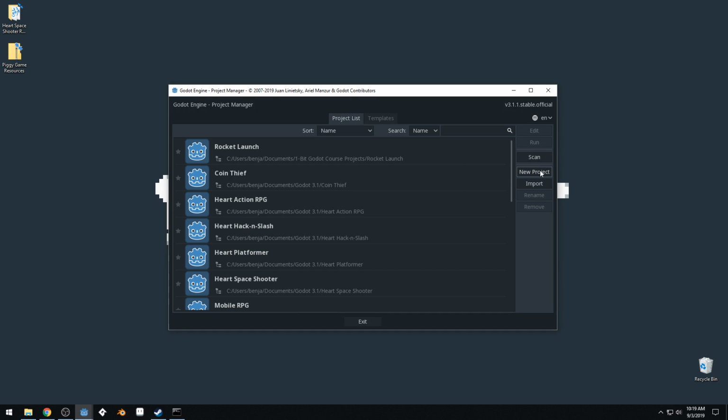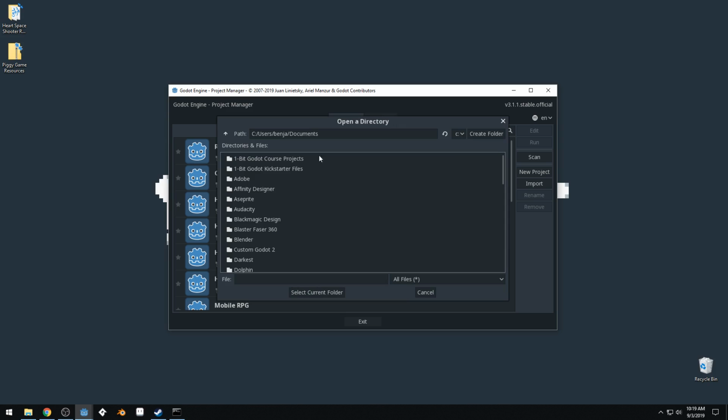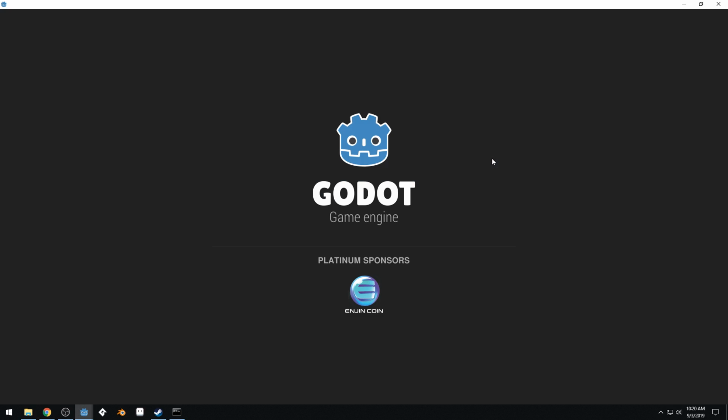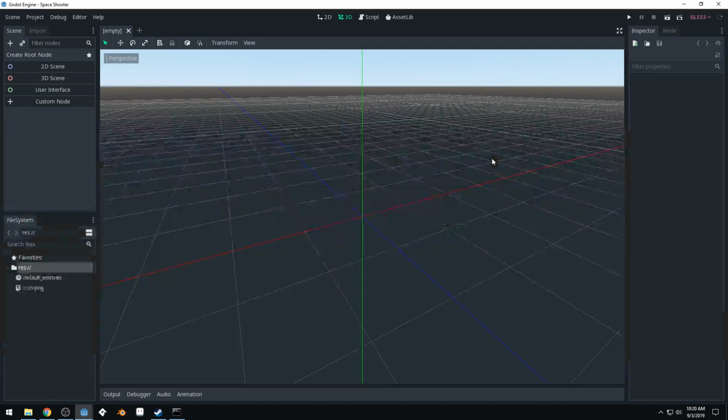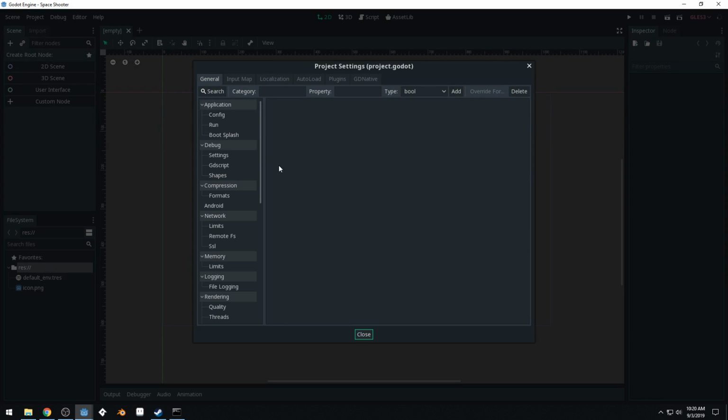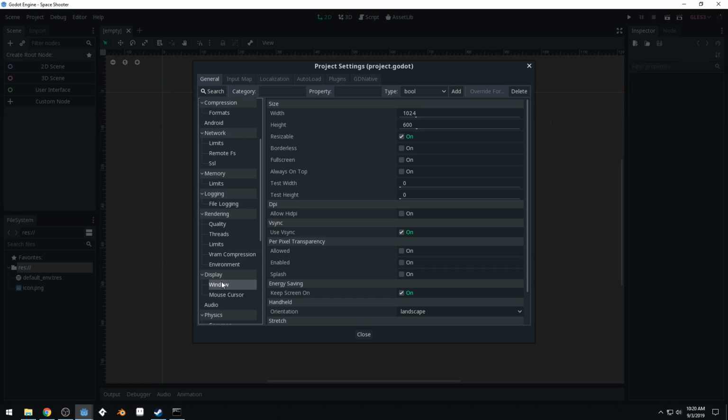So we're going to create a new project. We're going to come into Godot Course Projects, select current folder, call this Space Shooter. Do create, and edit. Okay. Once we've done that, we'll switch to 2D. We'll come to our project settings, and we're going to set our window